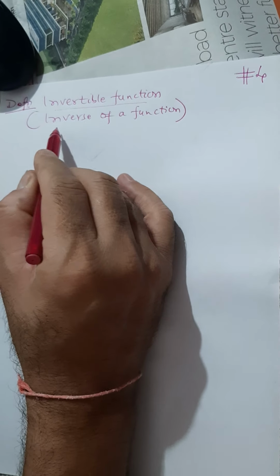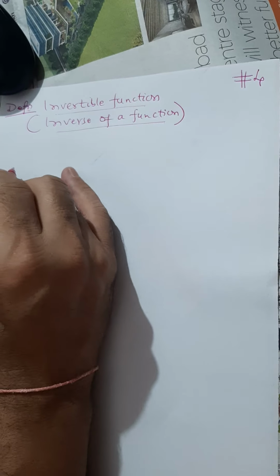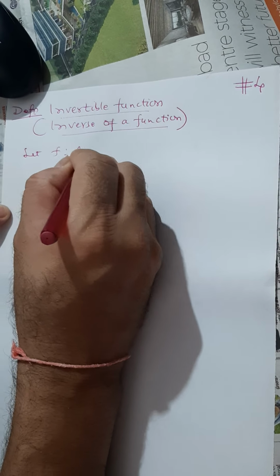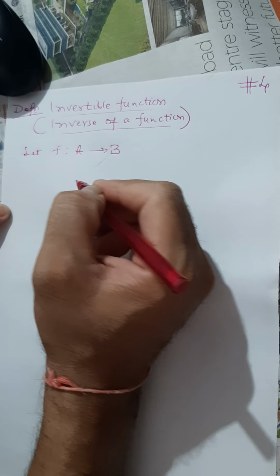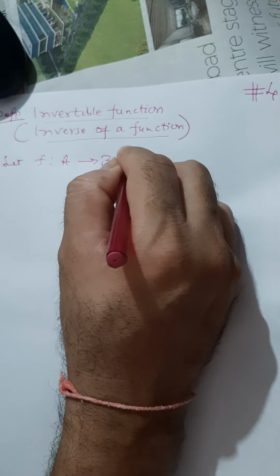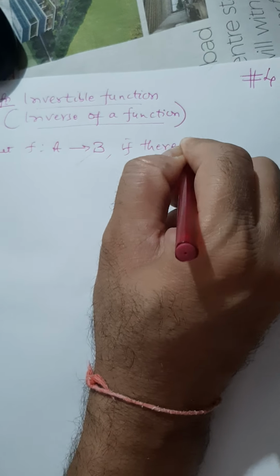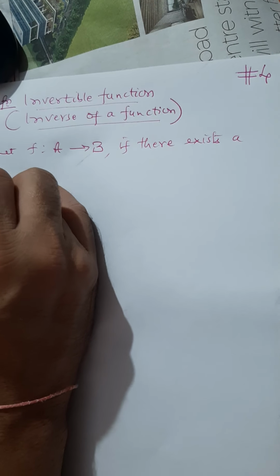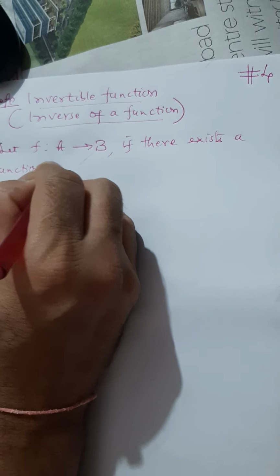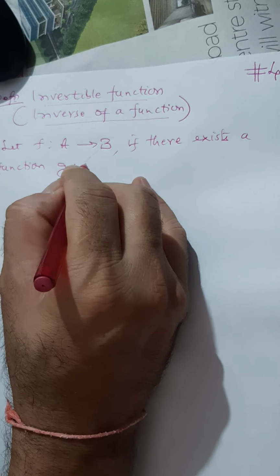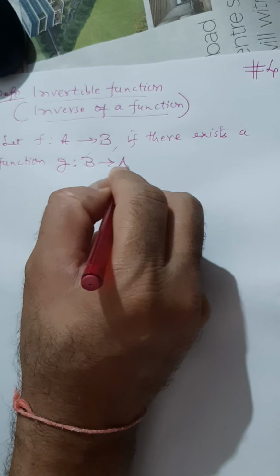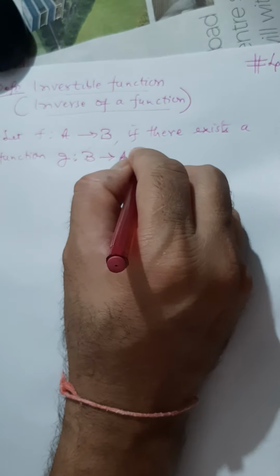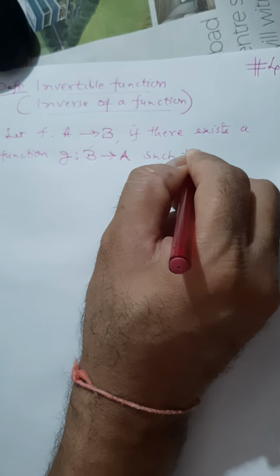Invertible function, also called the inverse of a function. We start with a function. Let f be a function from A to B. Now if there exists a function, let me call it g, just like inverse trig, it is now from B to A. Domain and codomain get interchanged, such that